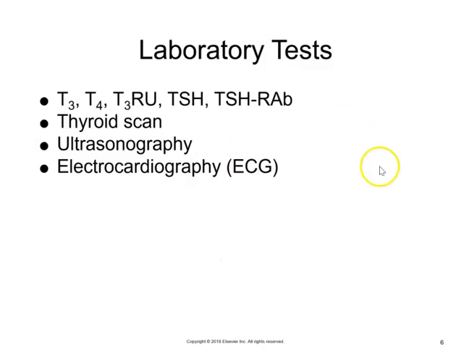Several lab tests here and diagnostics. And again, there's going to be a chart in your textbook that talks about this. So with hyperthyroidism, your T3 and your T4 are going to be elevated. Your TSH is going to be low to normal. And with the TSH itself, the thyroid stimulating hormone, a TSH level that's lower than normal indicates that there's usually more than enough thyroid hormone in the body, and this can indicate hyperthyroidism.